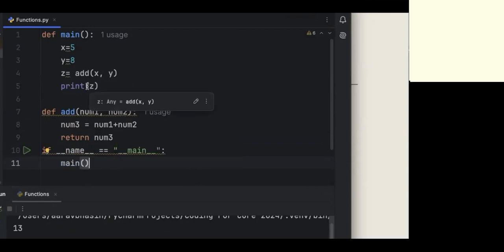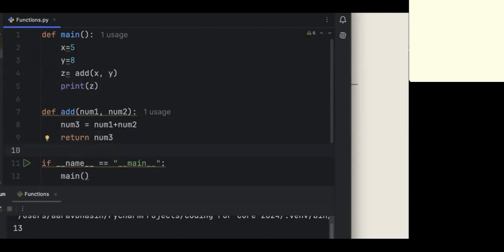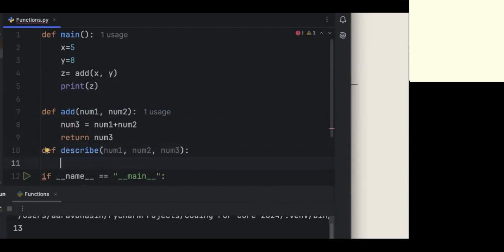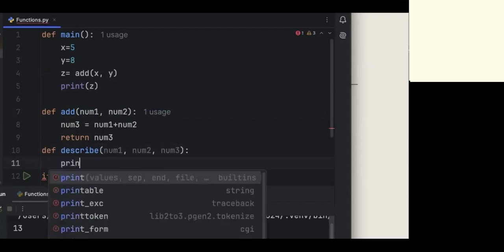Similarly, instead of wanting to print this, say I want to give the user a bit more information on what's actually happening, right? I can make a new function called def describe, so that you can just have it have num1 and num2, because it would need the numbers, and then num3, what they make, right? And we could have this procedure not actually return anything, but it's a procedure again. We just have it print